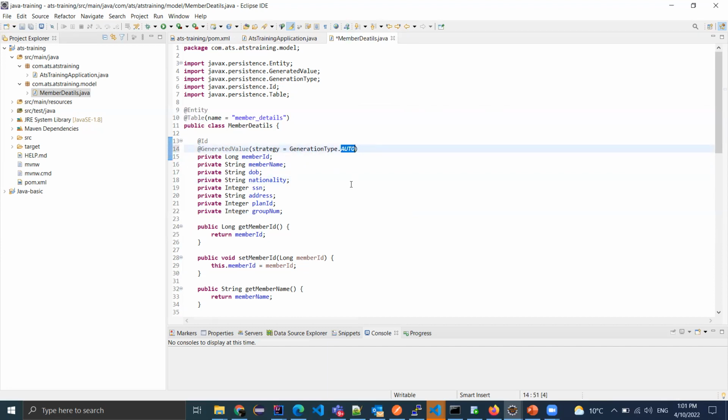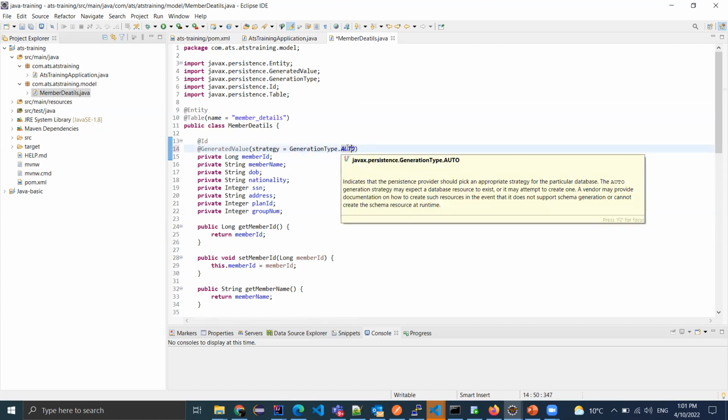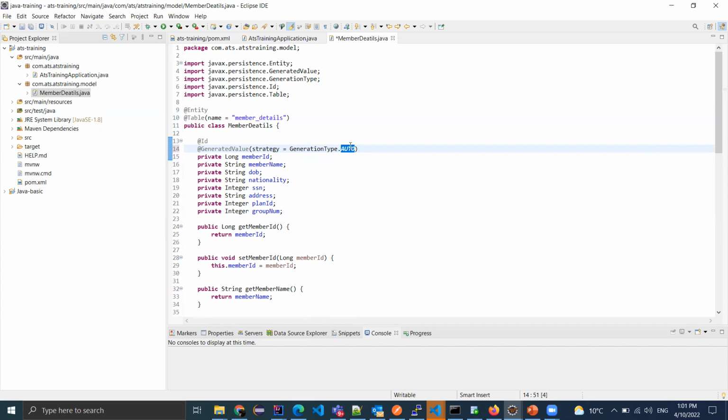And whenever a request comes to this application, what will happen? This application will auto increment that ID. But this is not a recommended approach. Why? Can you tell me why it is not recommended? Because sometimes you may start from 200 and